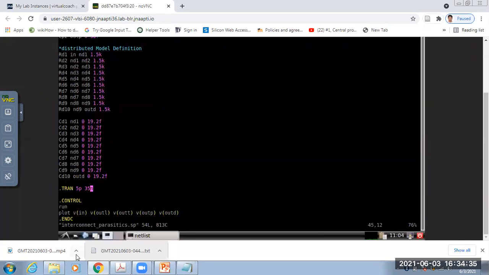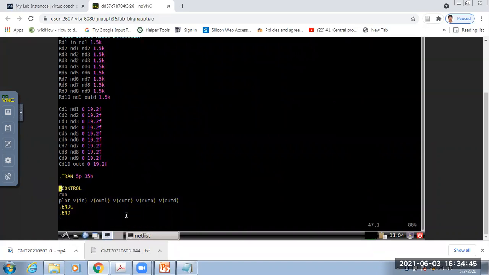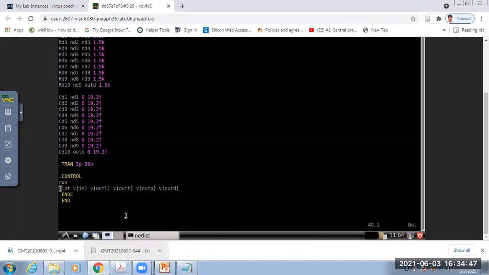Okay, so here you can put some offset. For P, make it plus 3.